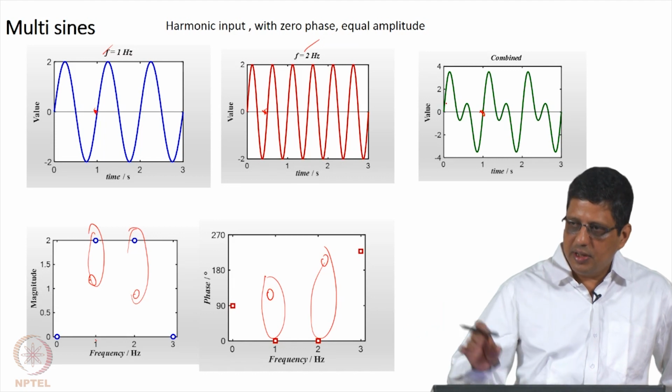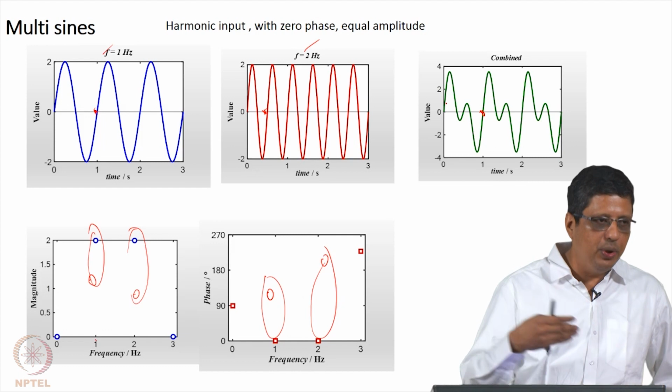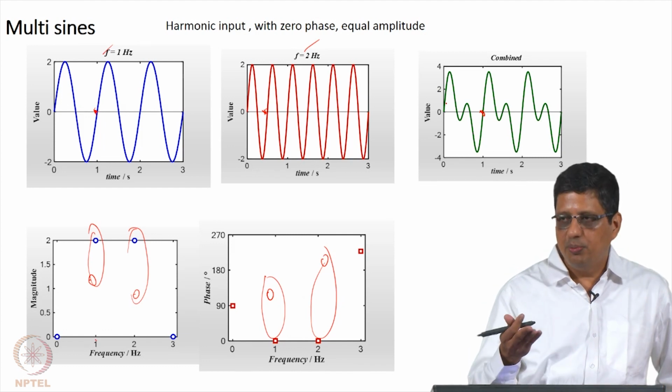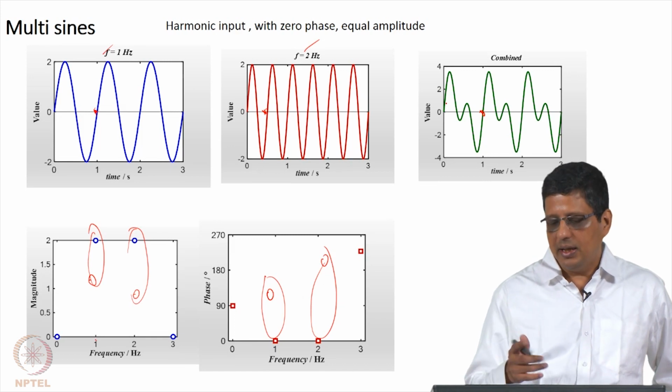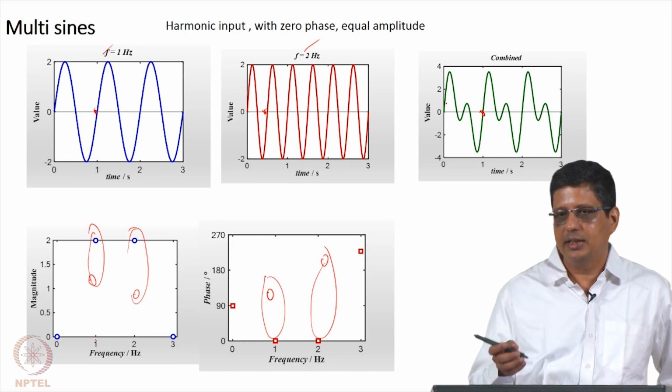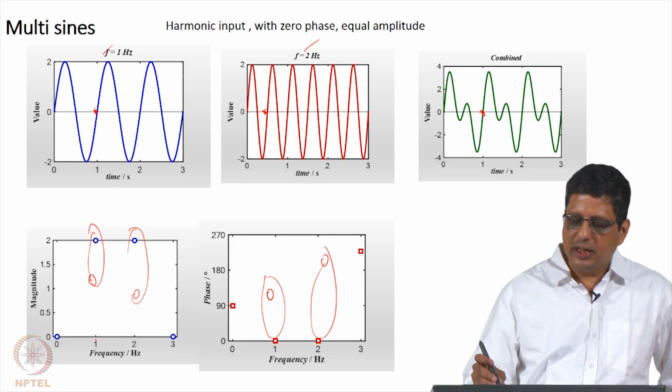Now, I can combine all those waves, send one, get the output, do Fourier transform of the input as well as the output. Fourier transform of the input, we should know what it is, but we will anyway do this process and then compare and get the results. You can get the results of impedance as a function of frequency. Okay. But there are pitfalls, we will continue with this tomorrow.